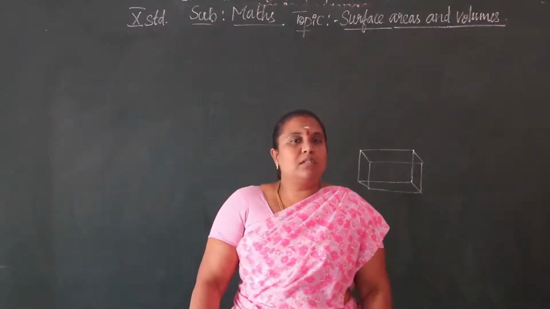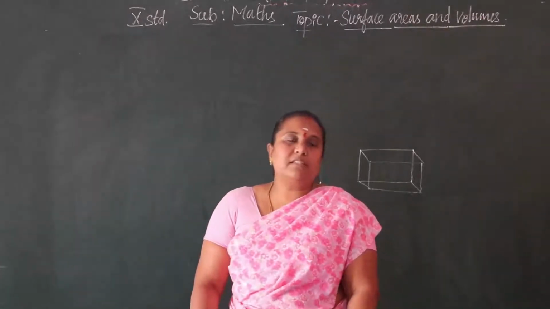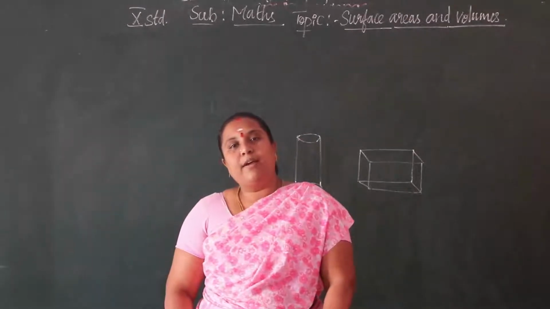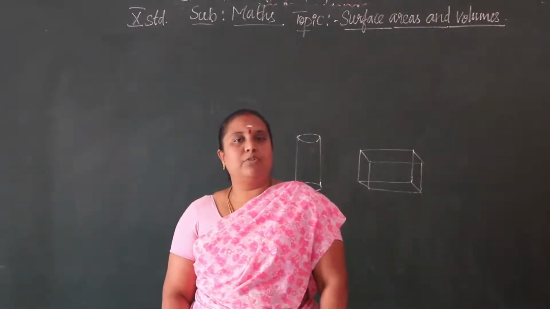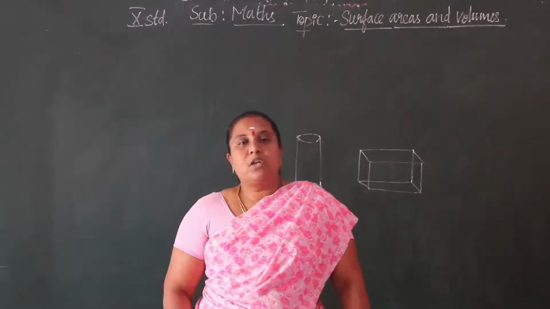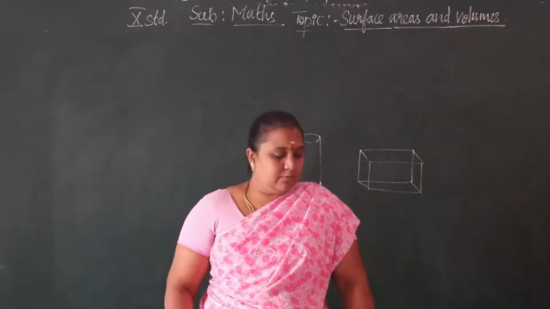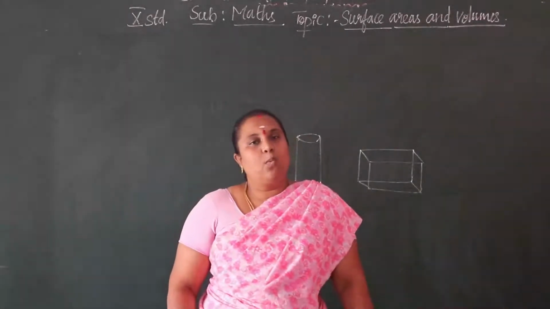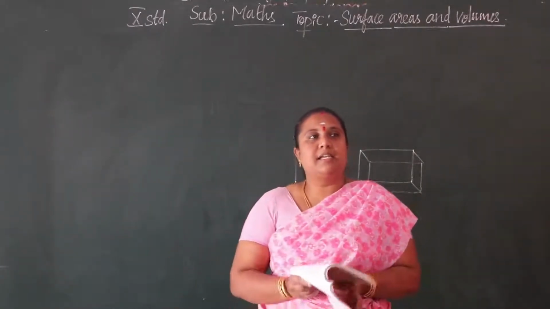So you know what the conversion of solid shapes from one shape to another is, and how to find it. This is also based on the formulas only. We have to use the formulas for the solid shapes. Here is example 8, given in your textbook, page number 138. What is example 8? Let us see now.